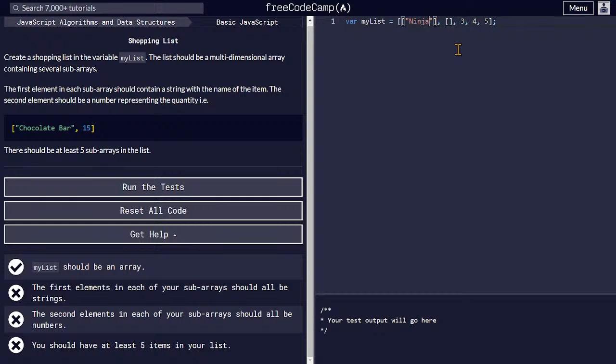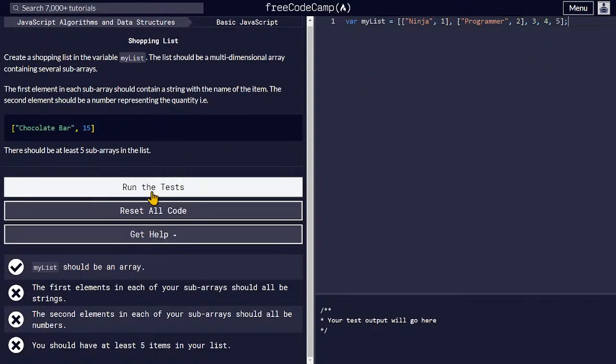So ninja and programmer. The second element in each of the sub arrays should all be numbers. I think the second will be the same. So ninja is 1, programmer is 2, then 3, 4, 5 like this. I think this is good. If you run the test,